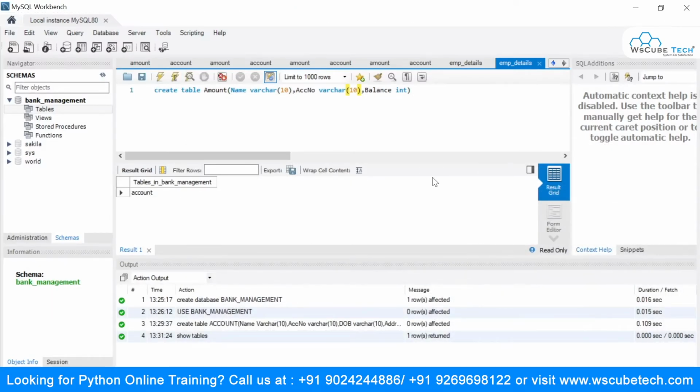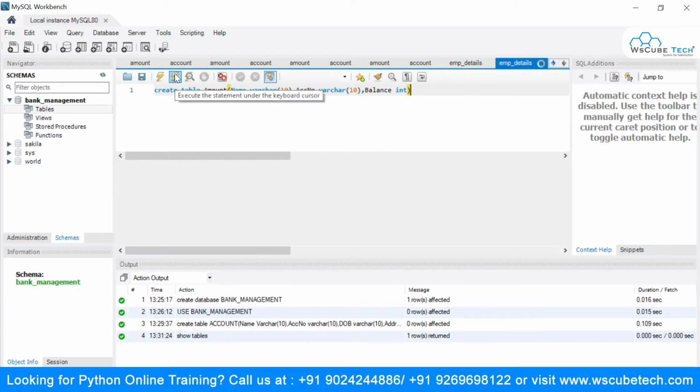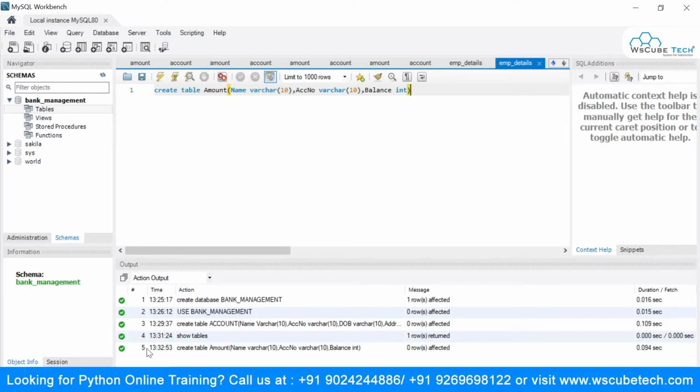So we are just creating another table inside our database, that is bank management. The second table we are creating is amount. The account table has already been created, so we have this amount table, and inside it we have name, account number and balance. If I say run, you can see it has been executed.